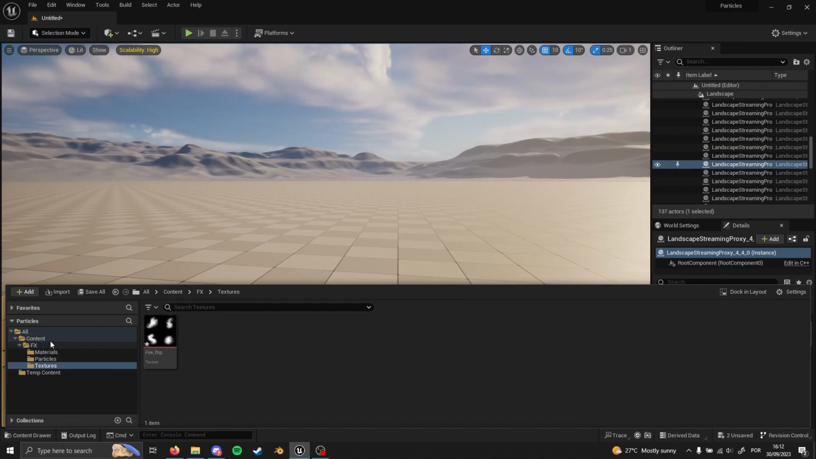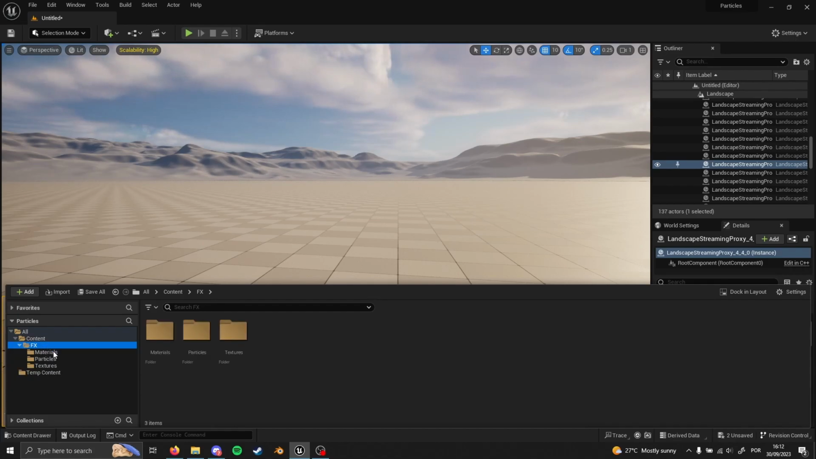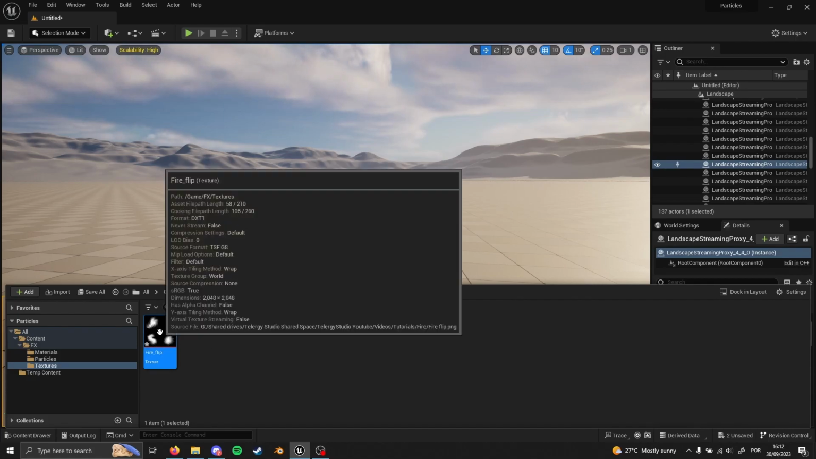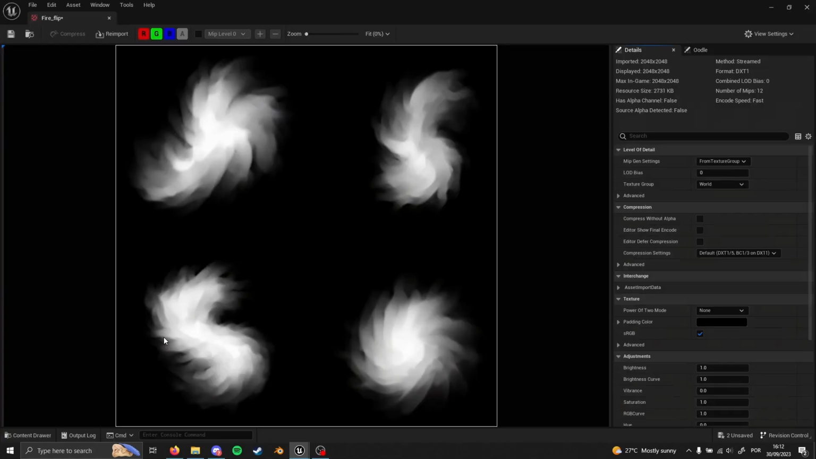So I separated the content here in FX. In FX, we have the material, particle, and textures. And this is going to be the texture that we are going to use. So now that we have it, we are going to double click